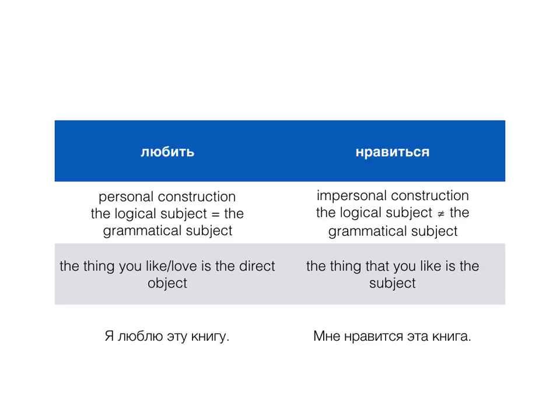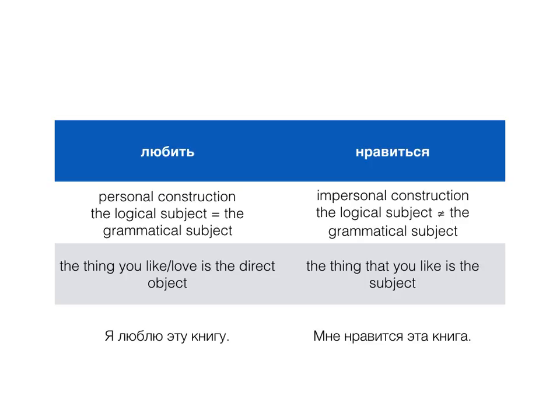And just to contrast the two, again, just to kind of put them all in one place, любить is a personal construction, which means that there is a specified subject, and in the case of Russian, the subject, the logical subject of the sentence is also the grammatical subject. What I mean by that is the logical subject is the person who likes the book or likes whatever thing is being liked. That's the logical subject.